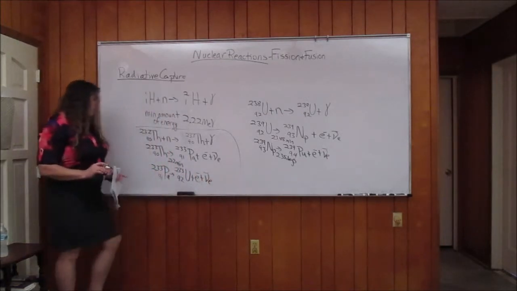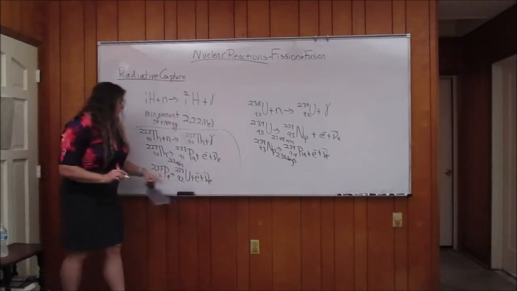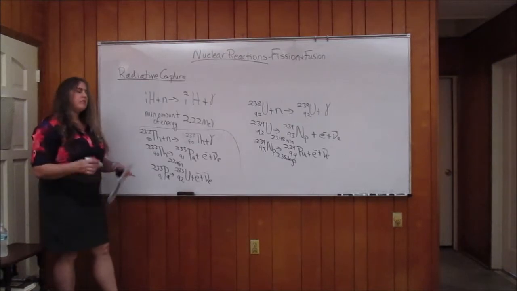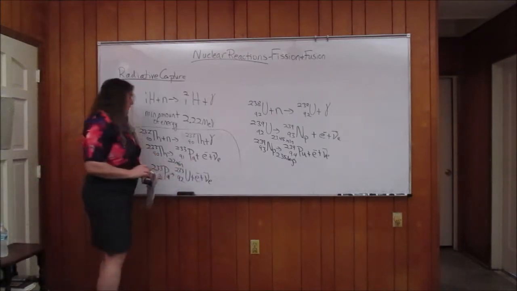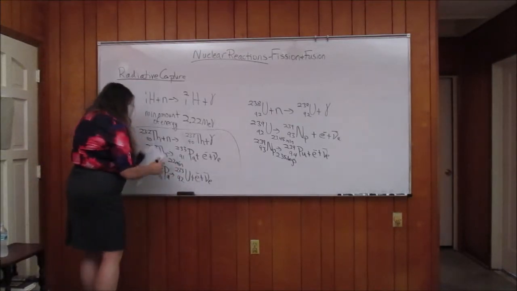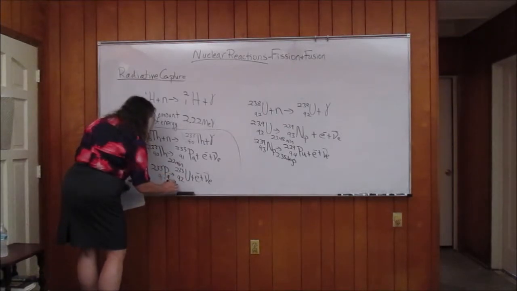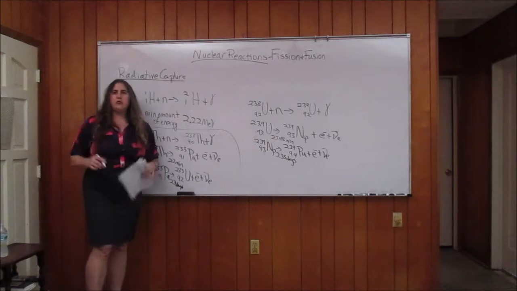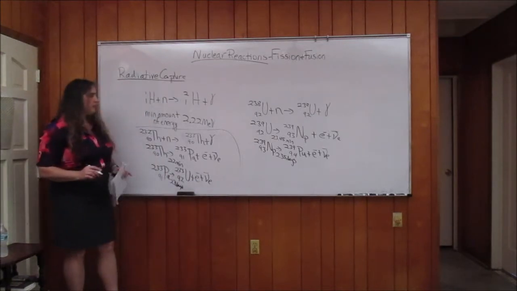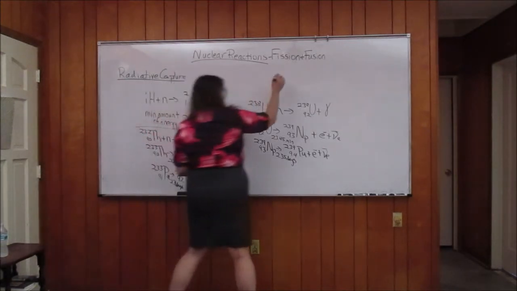And the daughter nucleus, this beta decay process, is uranium-233 and an electron and an antineutrino. And that takes 27 days, so it's a little bit longer. Uranium-233 is also a fissile material, and